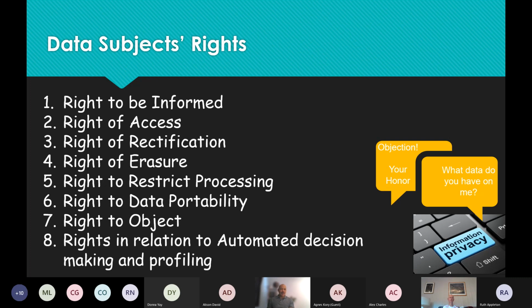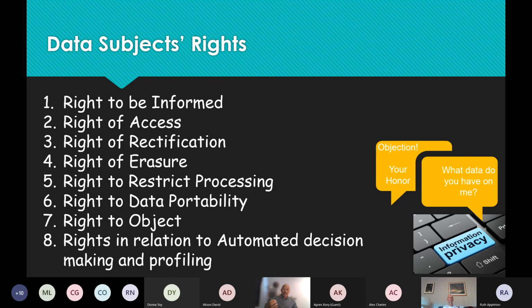Number 8 is very pertinent to what's going on in the information age. The right in relation to automated decision making and profiling. This is happening a lot because systems are beginning to pop up all over the place. Automation. You hear about automation, AI, and profiling. And if, for example, a particular organization is processing your information for the purpose of giving you a service or